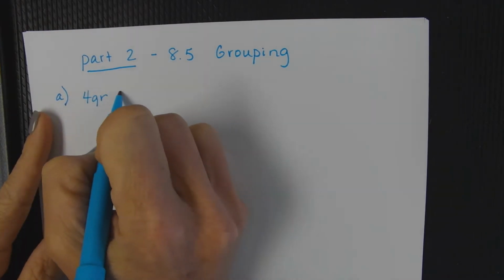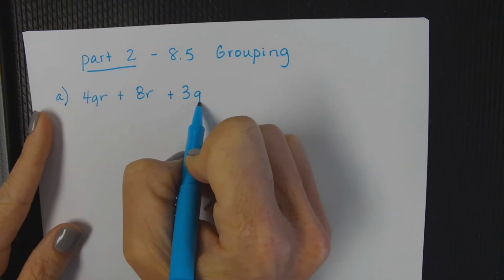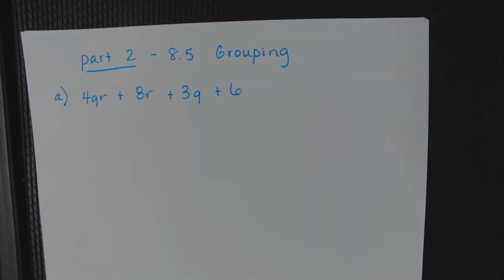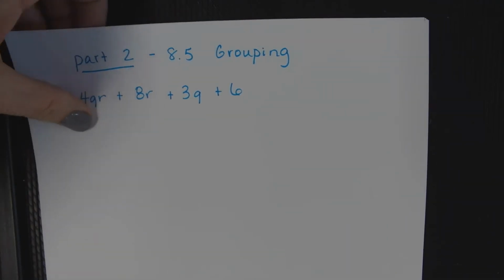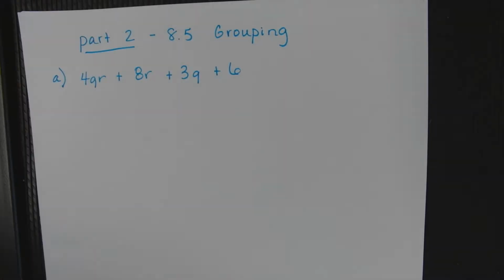4QR plus 8R plus 3Q plus 6. What's the first thing you notice immediately? It's long. How many terms? 4. There's not a name for this, just to review. This is just simply called a polynomial, okay? Now, we have 4 terms. So the best way to do this is